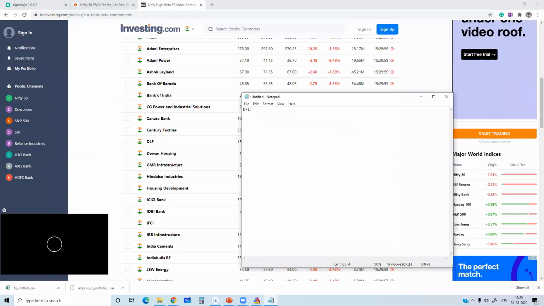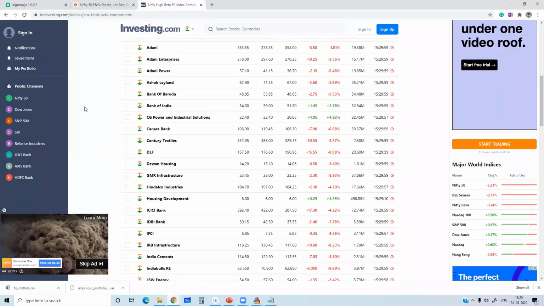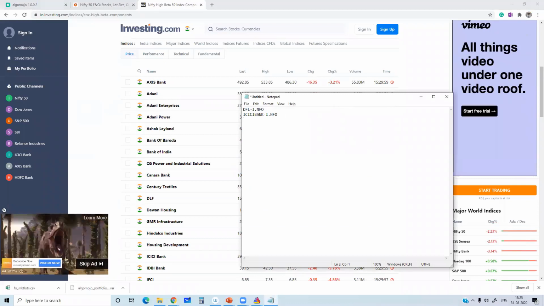So DLF-i.nfo, then ICICI Bank-i.nfo. I'm going to take a total of 10 symbols here. And then let's say Axis Bank.